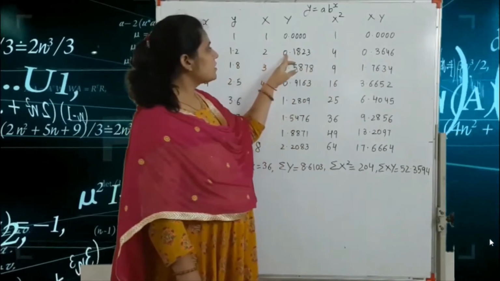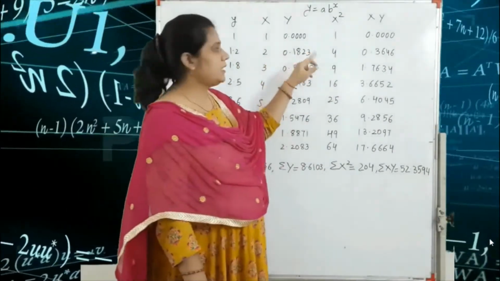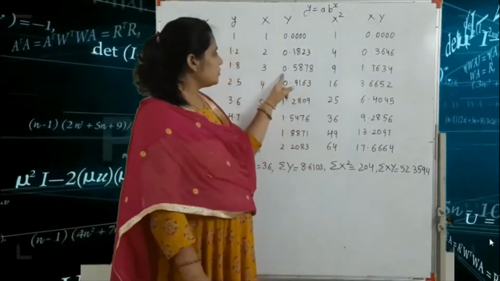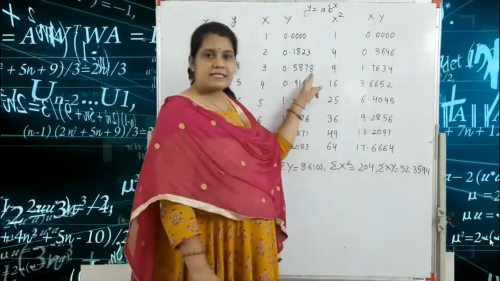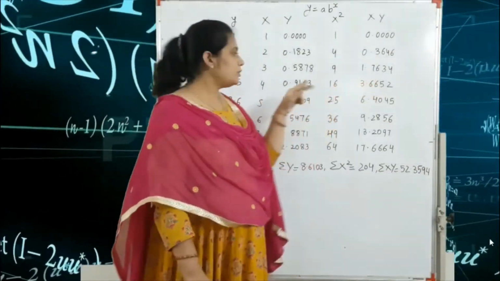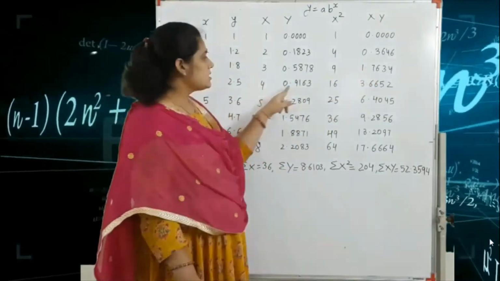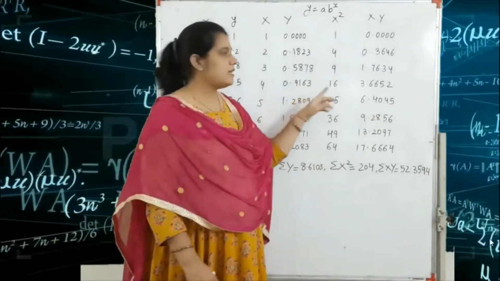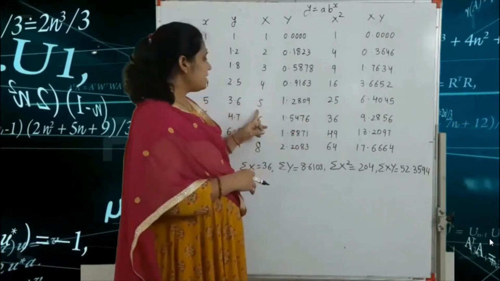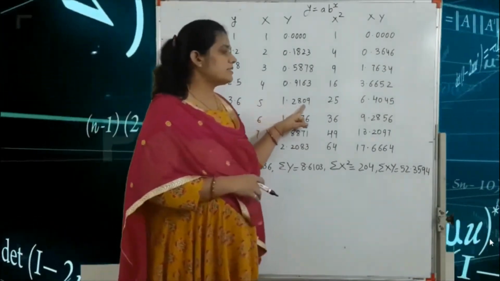2 into 0.1823, that means 0.3646. 3 into 0.5878 is equal to 1.7634. 4 into 0.9163 is equal to 3.6652, and 5 into 1.2809, so 6.4045,